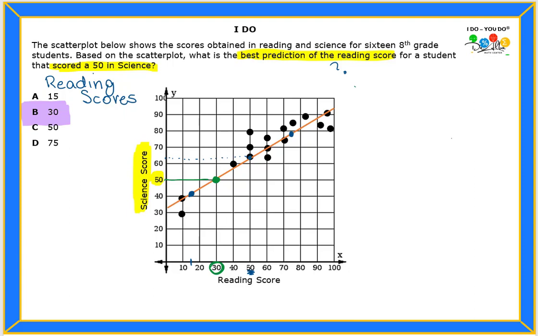Let's suppose that I don't find my X or my Y value within the data that is given to me. Then more than likely you're going to need to use linear regression on the calculator, which means that you need to find 2 points, and maybe one of the points could be this one, and maybe another one can be this one, and this could be another one. You can choose 2 or 3 points, any points that are very close on your line. But that would be for another video, if you want to learn how to use a calculator for that.